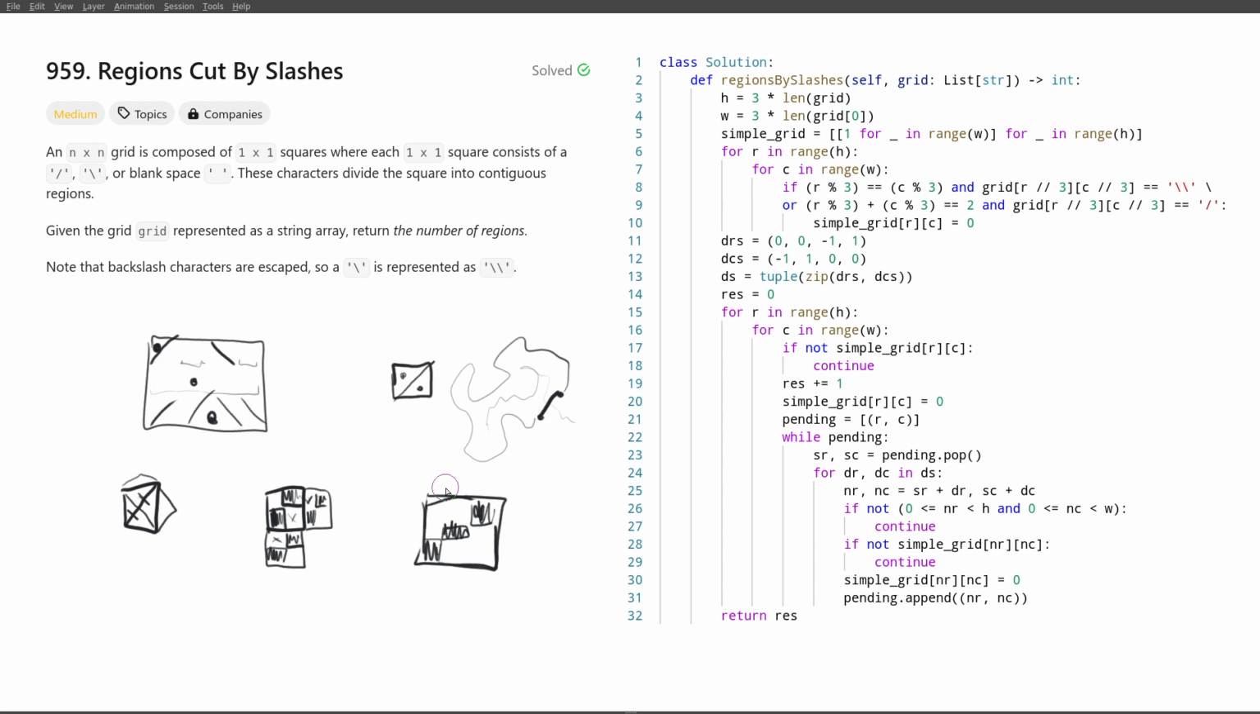And so let's walk through the boilerplate. Our height and width will be thrice what they should be normally. We create a simple version of the grid. And now we have to transform it to take into account all the slashes and backslashes. So for a